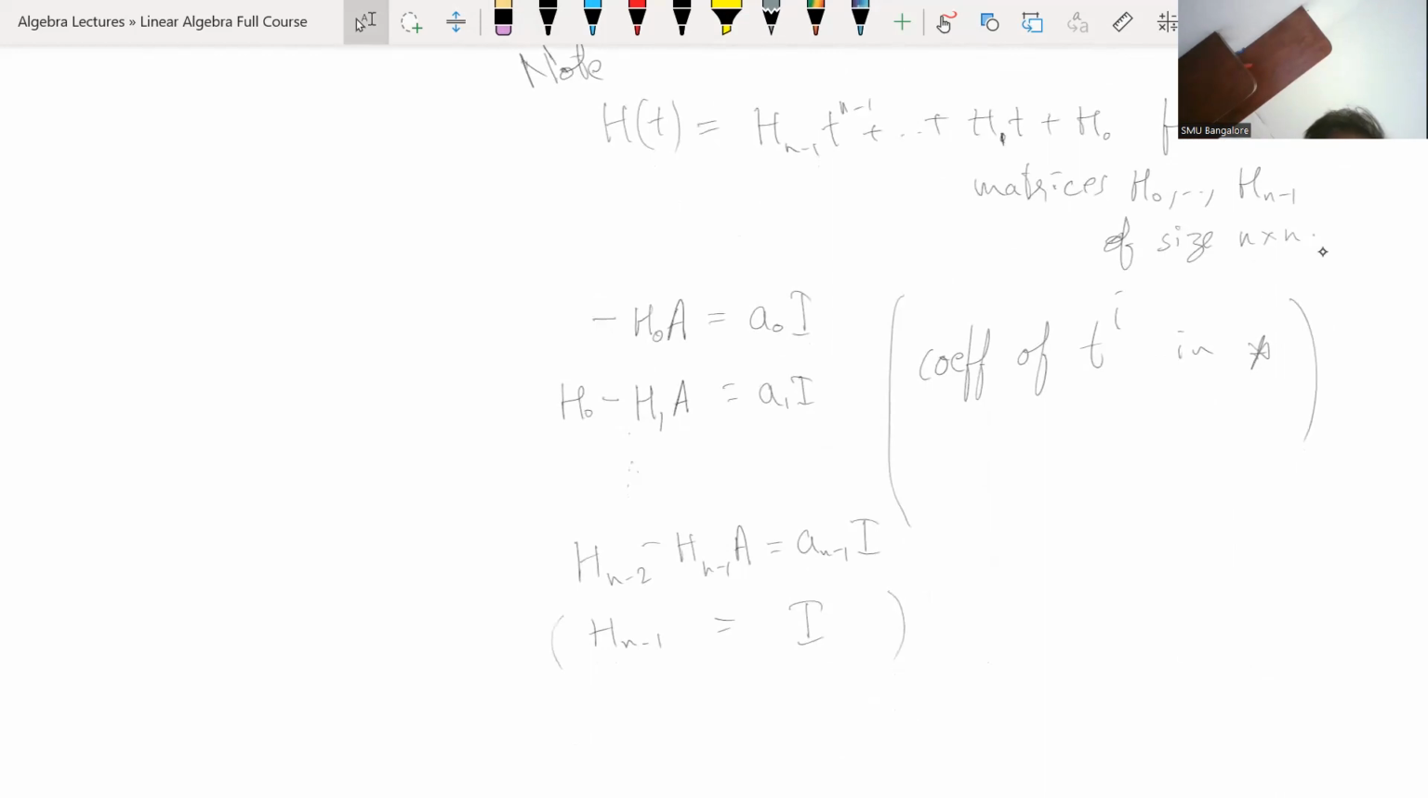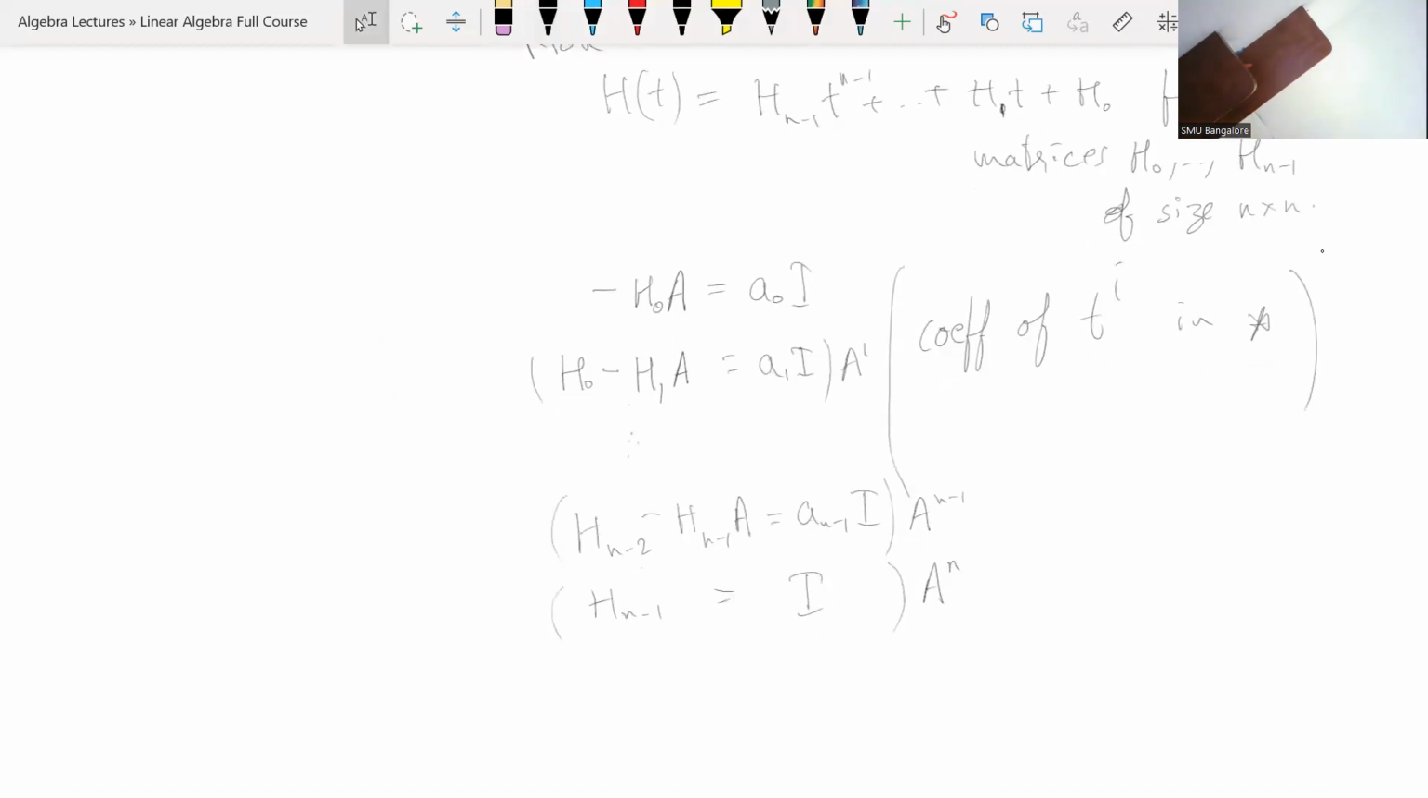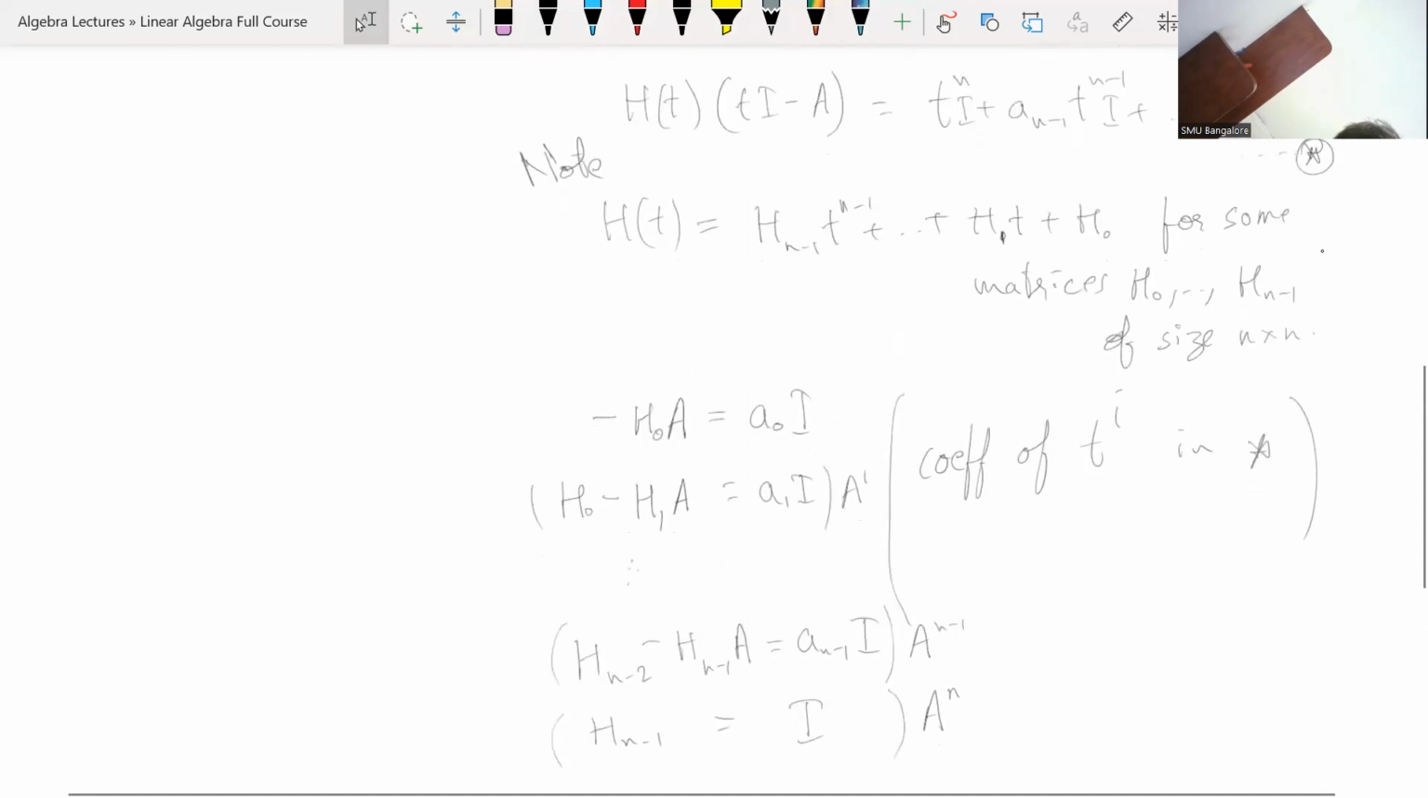So now what I do is multiply this equation by A power n, this one by A power n minus 1, and this by A1, and this nothing. And then add them together. Let's see what we get. So if I add them together, on the left hand side we get